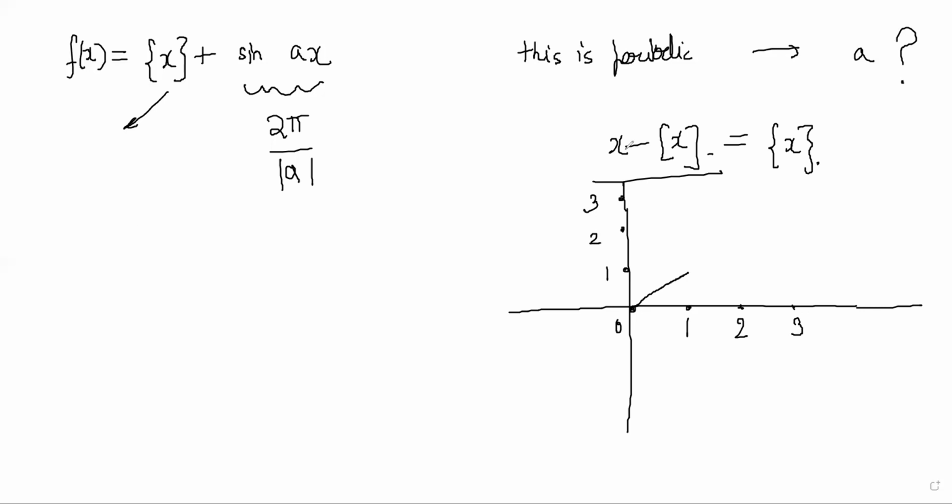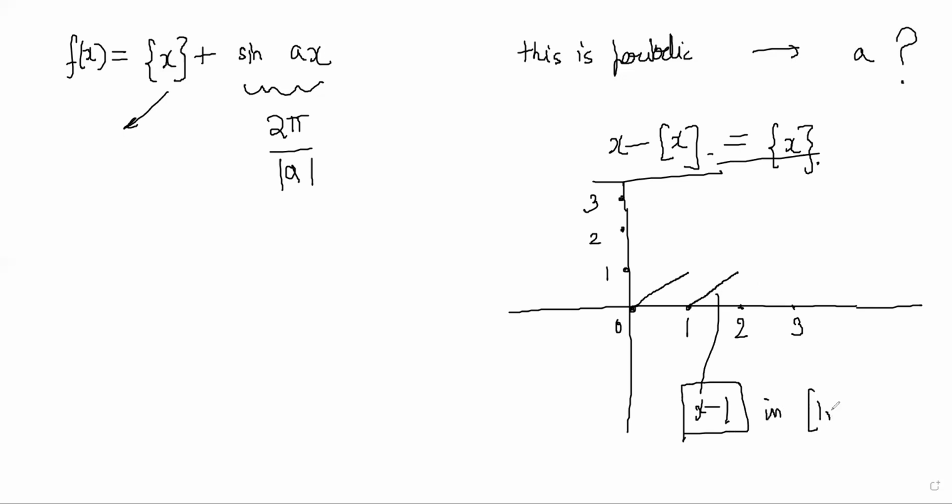In 0 to 1, the fractional part of x is equal to x, right? In 1 to 2, it will be the x minus 1 graph. In the 1 to 2 portion, the x minus 1 graph starts from 0 again, right? This graph is basically x minus 1